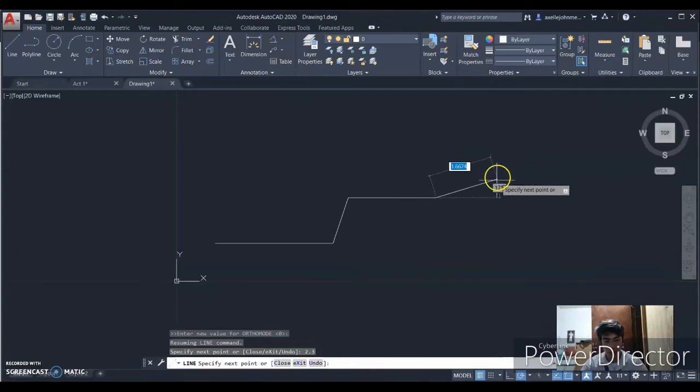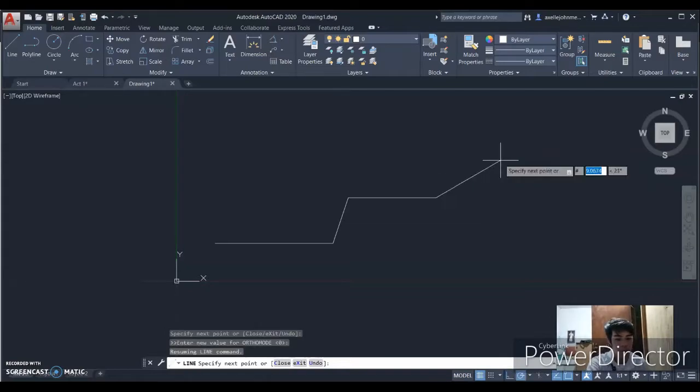So in this case, we have to add 30 degrees, 0 to 30 degrees, in order to create the 150 degrees angle in here. So we will point the cursor to the 30 degrees and we can type the length 1.4. Number sign